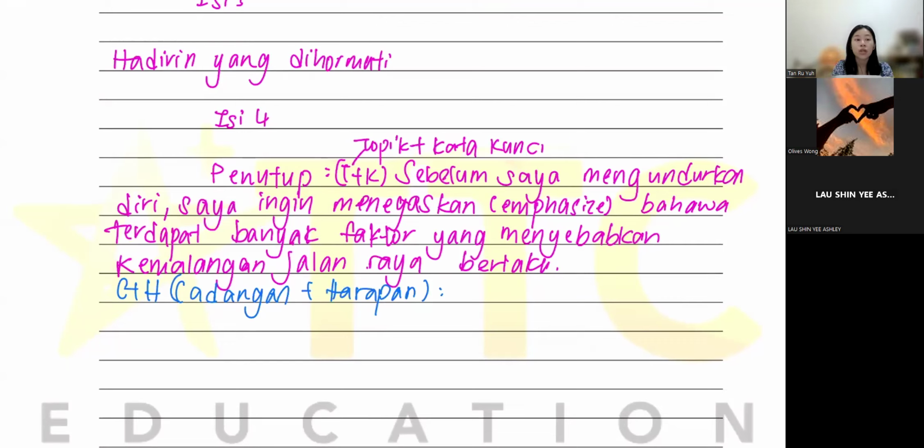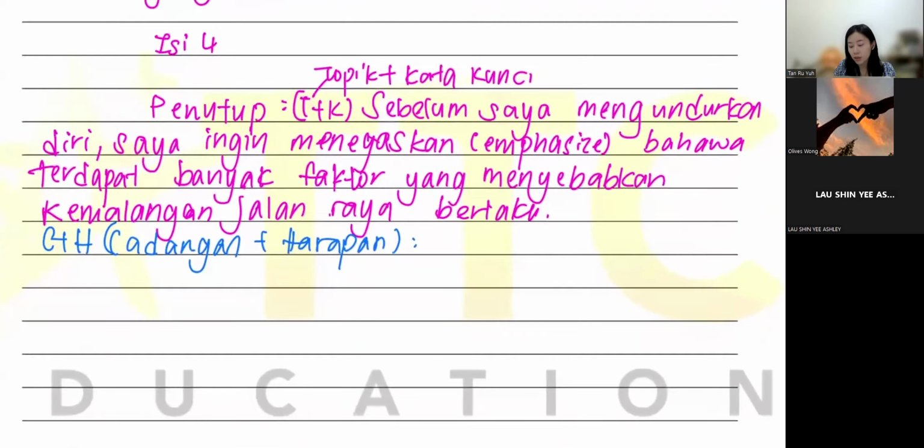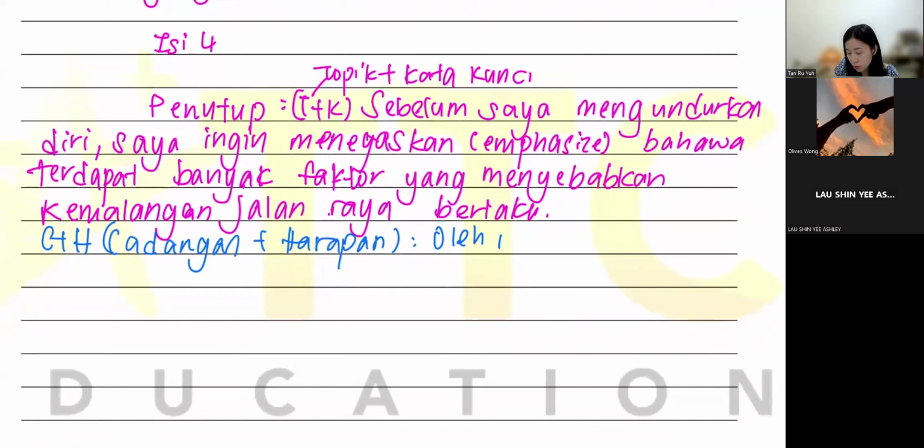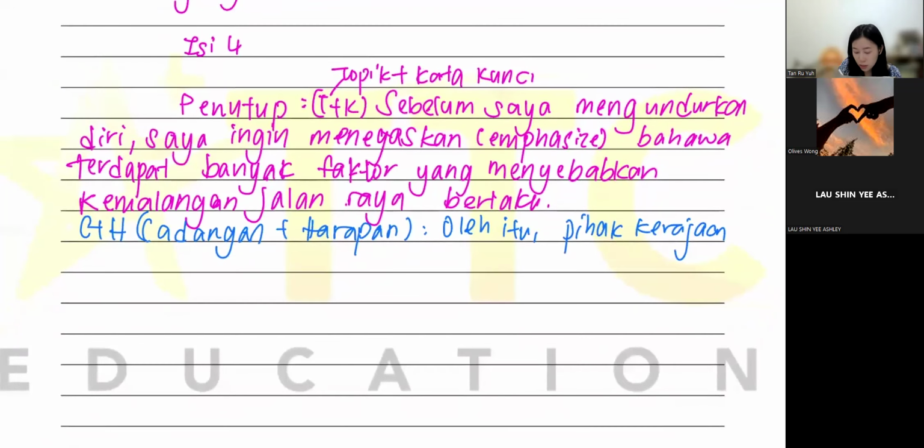Government, pihak kerajaan, or pihak media massa. Okay, kerajaan perlu like set undang. Make the undang like more strict, is it? Okay, so we can say oleh itu, therefore, pihak kerajaan haruslah mengetatkan undang-undang, undang-undang jalan raya,